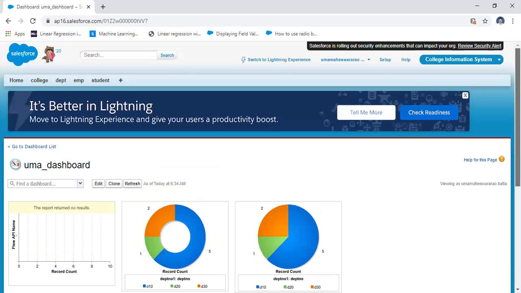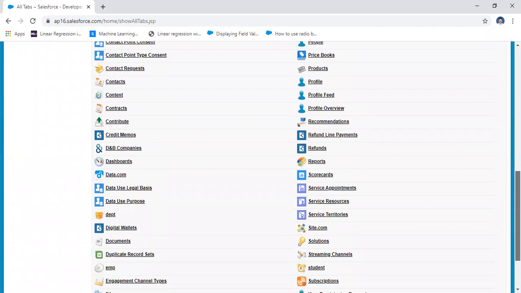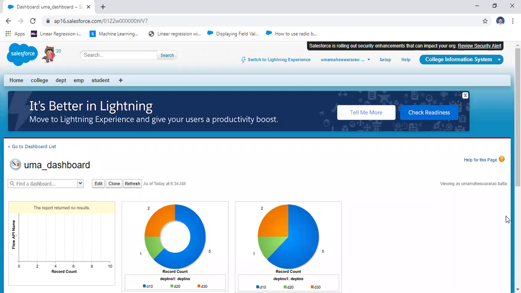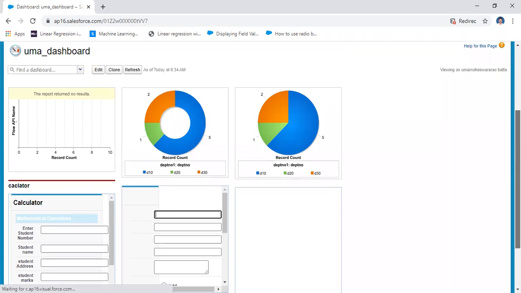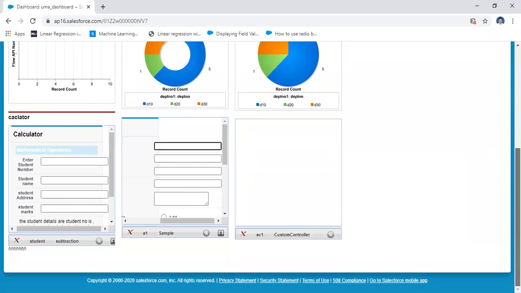After saving, you may come here. Again you come here and click on dashboard. If you come to the dashboard, it appears like this. This is the information. You may edit this dashboard here. In this way you will create the dashboard.